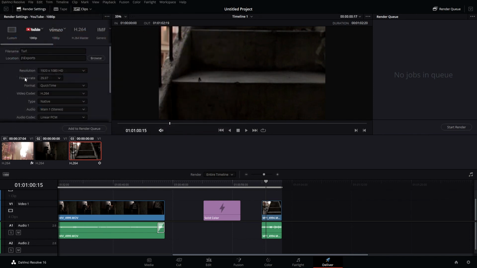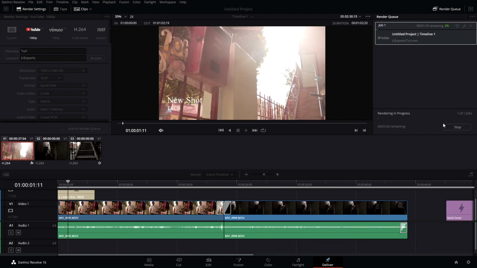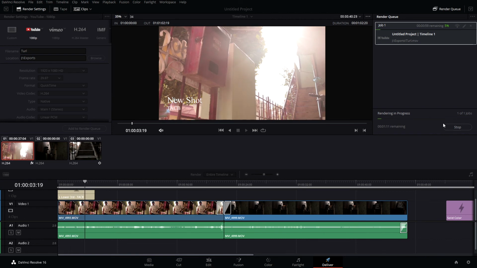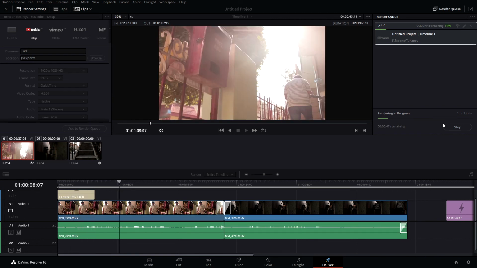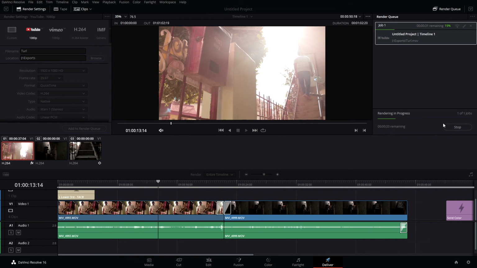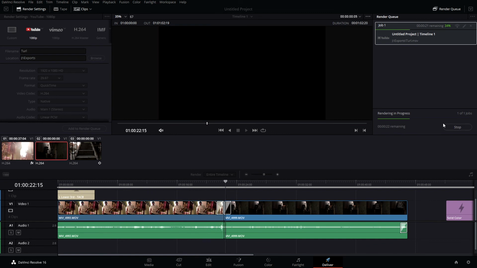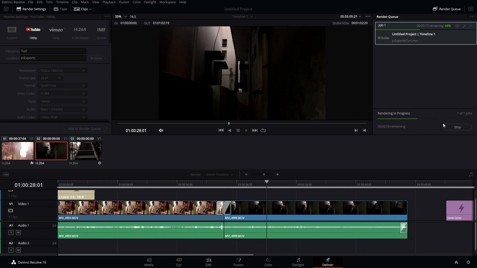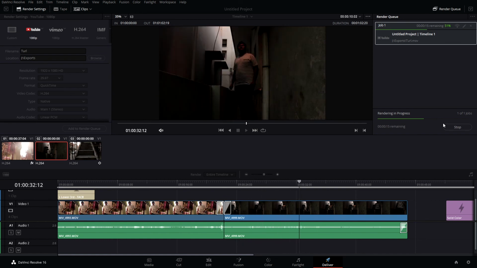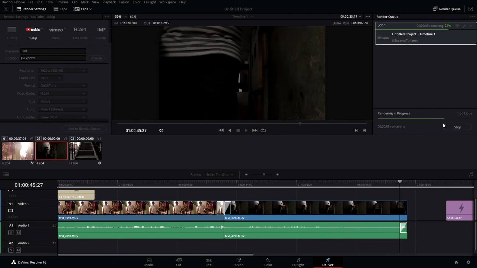Choose a file location, then add to render queue and click on start rendering. Sit back and relax for 30,000 hours. No, it depends upon your computer, which graphics card and which CPU you are using.